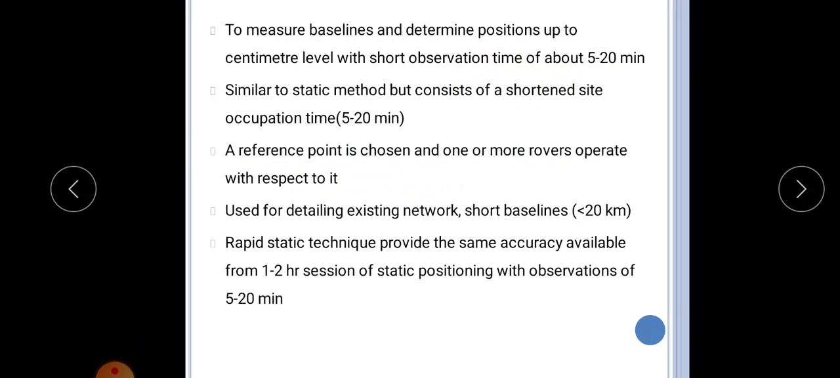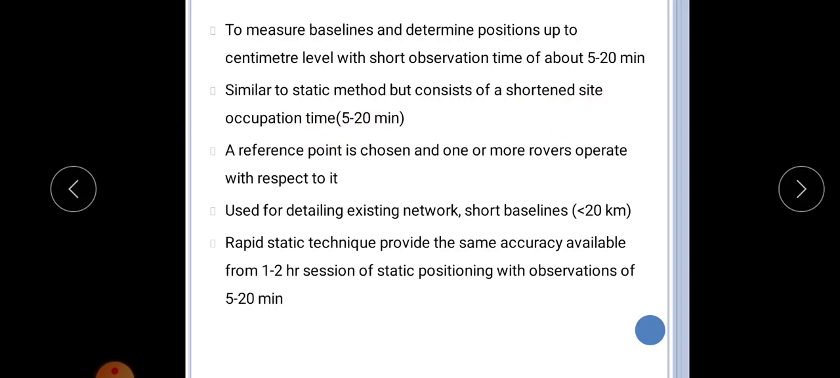So to measure baseline and determine position up to centimeter levels with short observation time of about 5 to 20 minutes. That is, here duration is about 5 to 20 minutes, and similar to static method but consists of a shortened site occupation time, and a reference point is chosen and one or more rovers operate with respect to it. That is, here also there will be minimum two receivers. One will be at a reference point, and there will be one or more rovers. Rovers means the points whose positions are unknown,